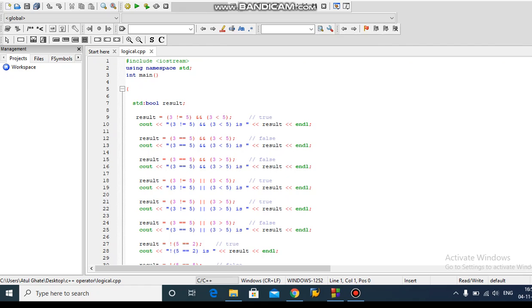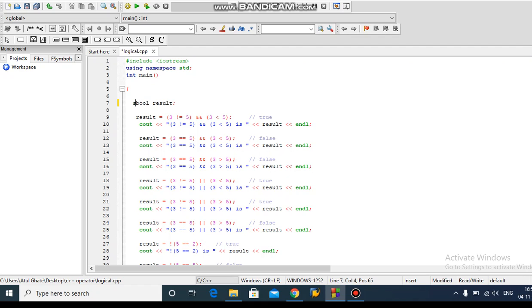So we have declared bool. This is the data type which decides whether a condition or logical statement is true or not. So it gives the answer 1 or 0. The std namespace supports the bool data type, so that's why I'm writing std::bool. If I am not writing std::bool, it may give an error.